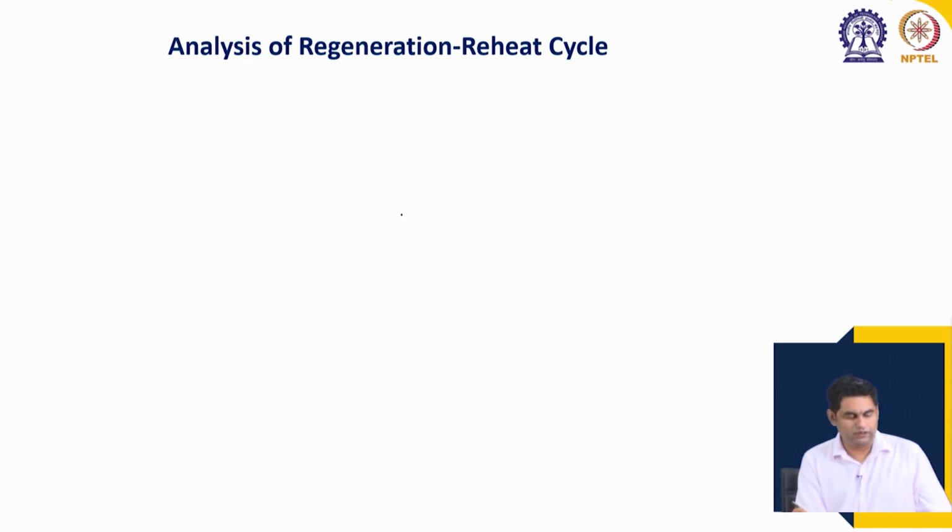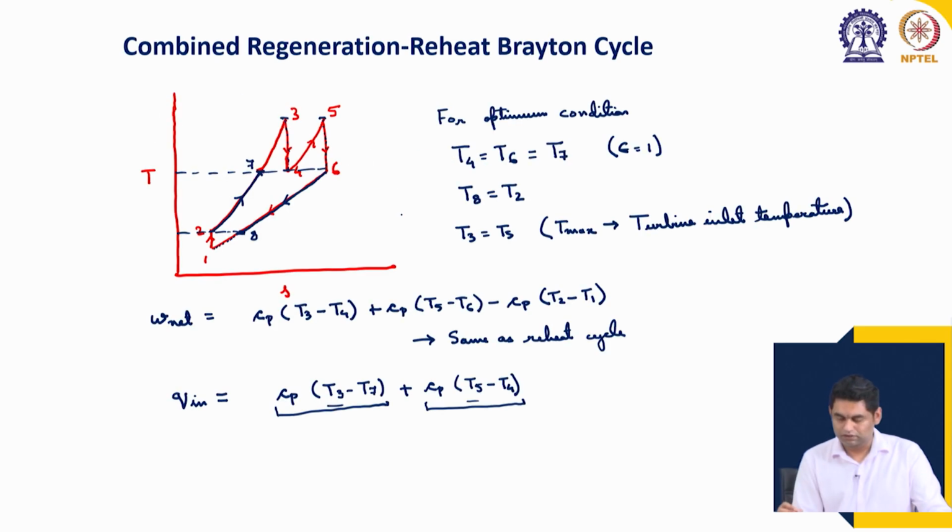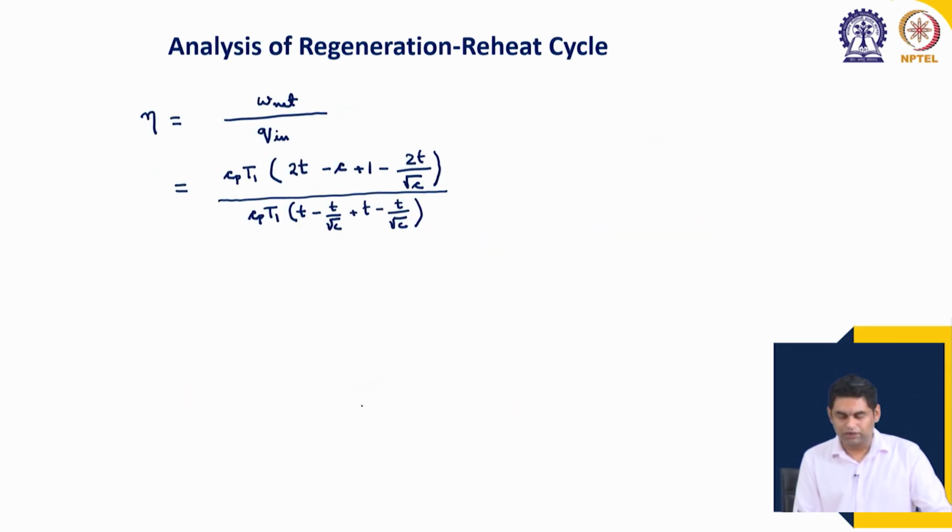From the previous slide we have seen that T 3 by T 1 is T and T 7 by T 1 is T by root C. Okay. Same case again. So, C P T 1 gets cancelled and we are left with